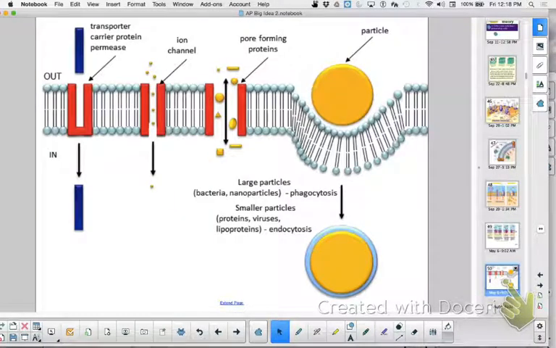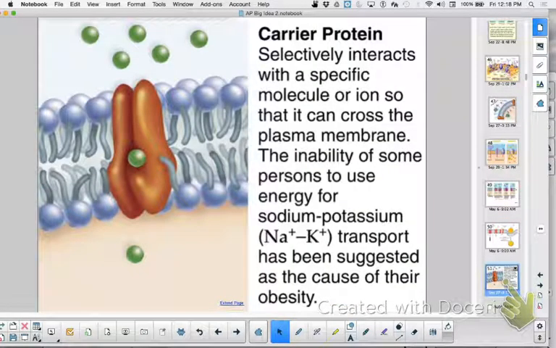Okay, so this, again, is another summary. The only thing that's added on here is that this is showing you phagocytosis, which is cell eating. What is cell drinking called? Pinocytosis. And phagocytosis and pinocytosis are both examples of endocytosis. And going the other direction is exocytosis. Perfect. This is just a review of a carrier